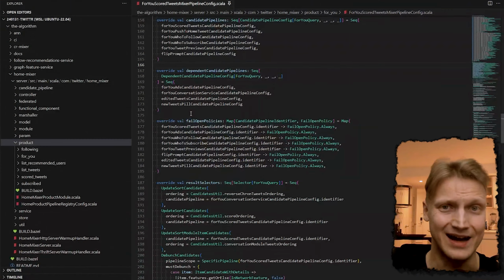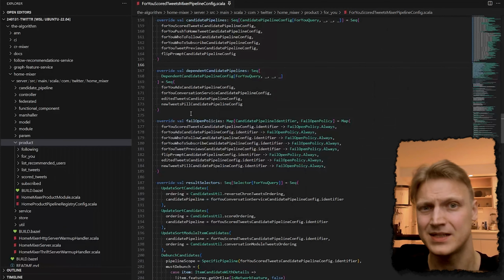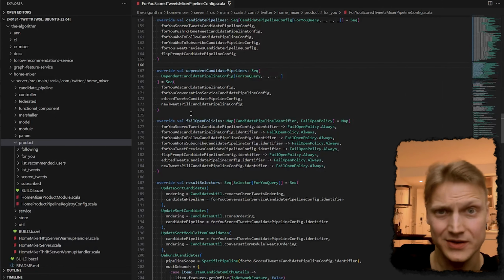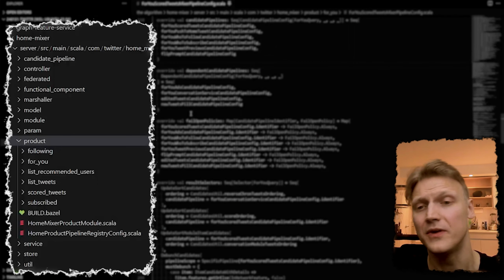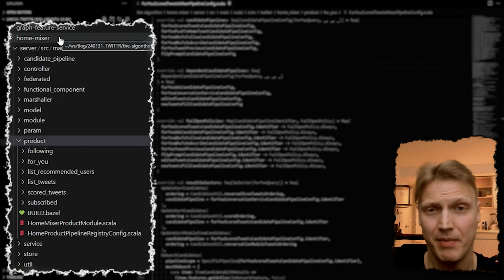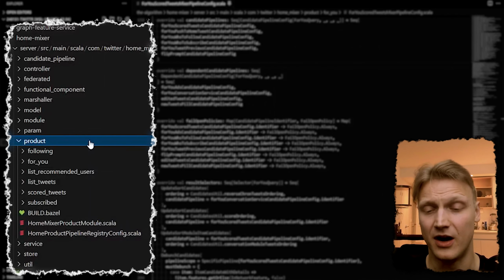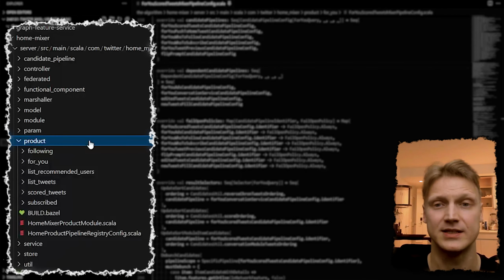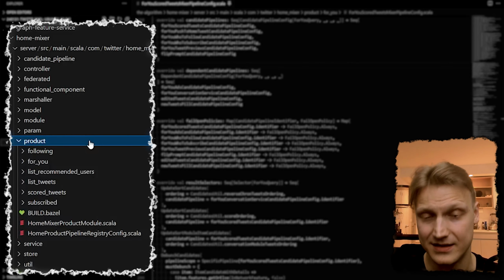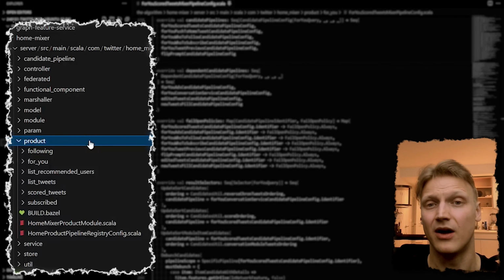The best way to see how the home mixer is composed and some functional aspects of it is through the source code, in fact. What you want to do for that is to have a look into the product package of the home mixer service of their repository. And here you can see multiple packages representative of various business functions that are behind certain visual elements in the app that you're dealing with on a daily basis.